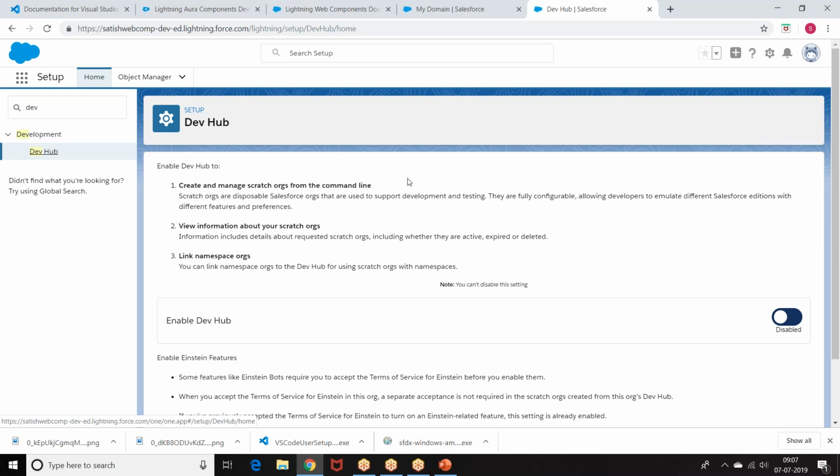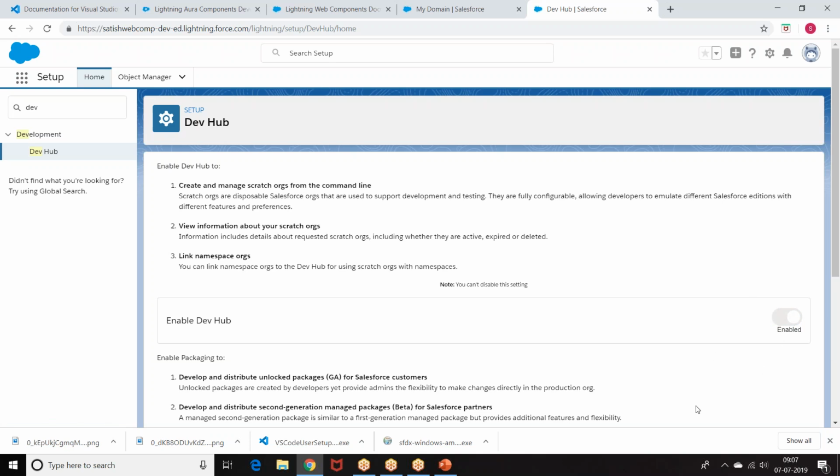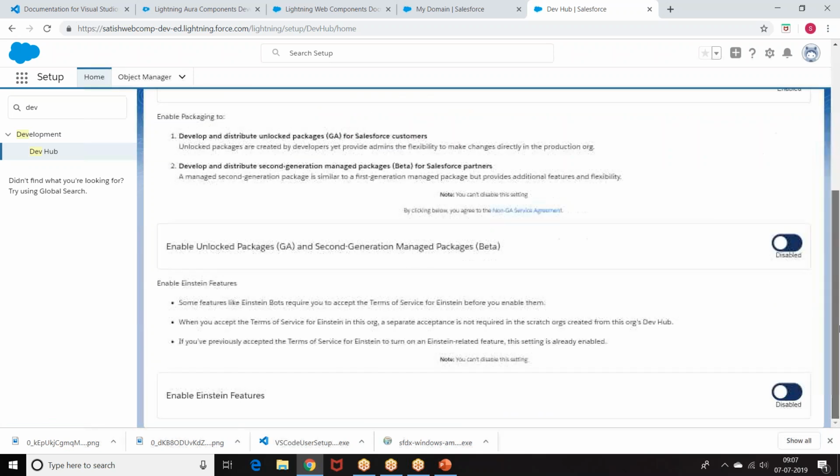Now, if it is disabled, enable it. Once it is enabled, we cannot disable it. Once the DevHub is enabled, we will not be able to disable it. Okay. The second thing I want to explain is